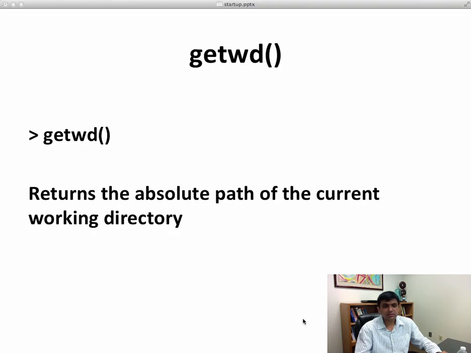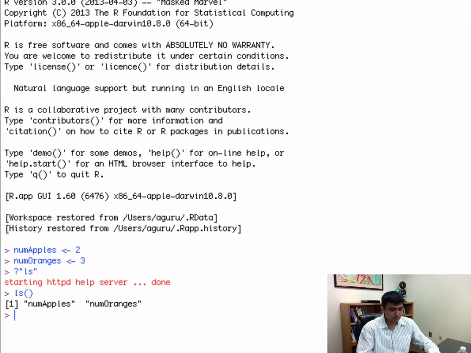The next command is getwd. Just like any other application, when you launch an application, it has a current working directory from where it will save its files by default. Similarly, when you launch an R console, it has a current working directory, and in order to see what it is, we can use the getwd command. Here's an example. If I say getwd,